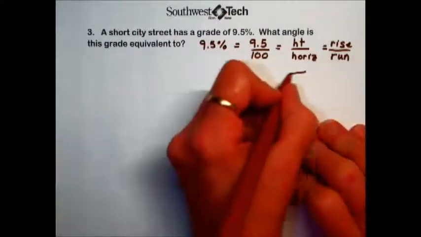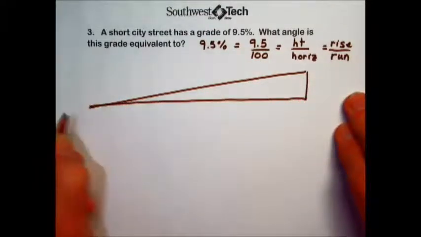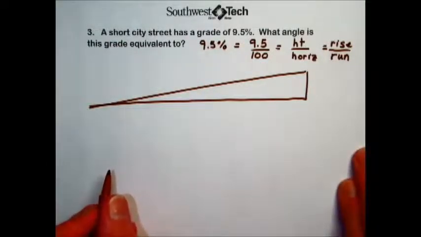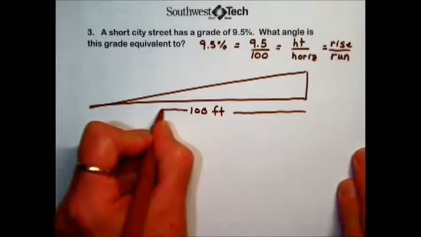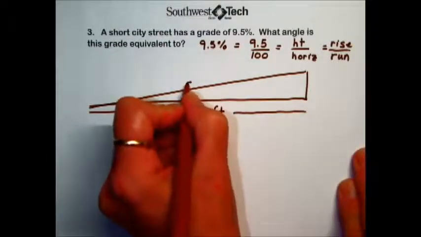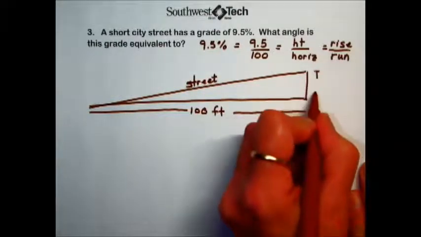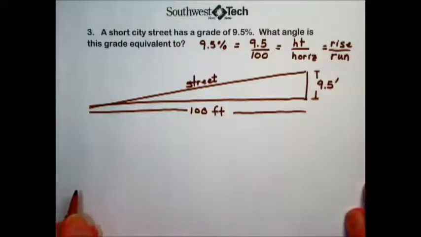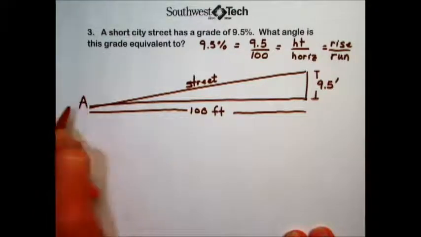We have a city street, and it's reported that it has a grade of 9.5%. Again, that means for every 100 feet of horizontal distance, this street, and this would be where the street is, we have an elevation or a rise of 9.5 feet. Now this diagram is clearly not drawn to scale, but our mission is to calculate the angle that's equivalent to